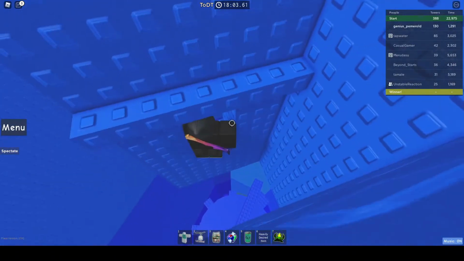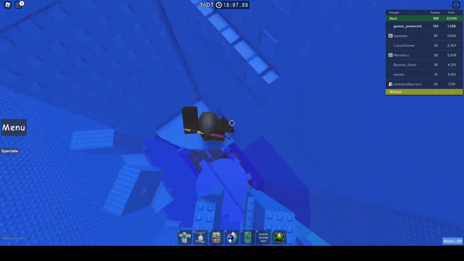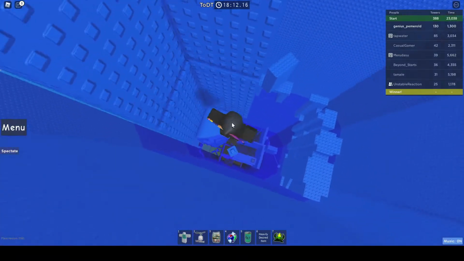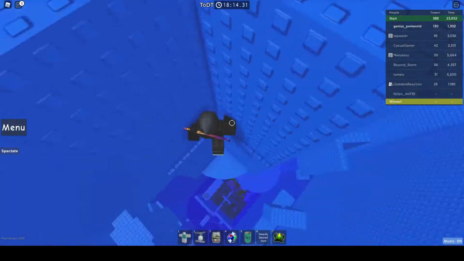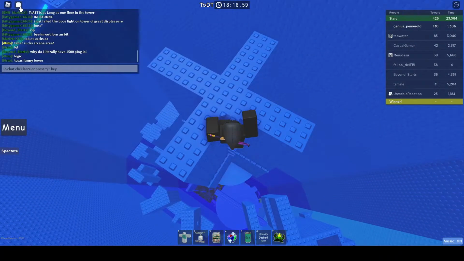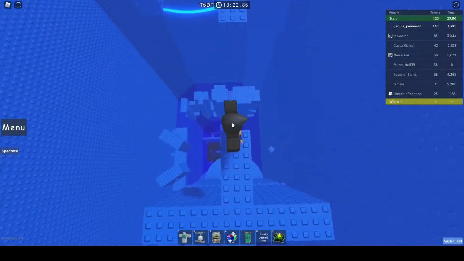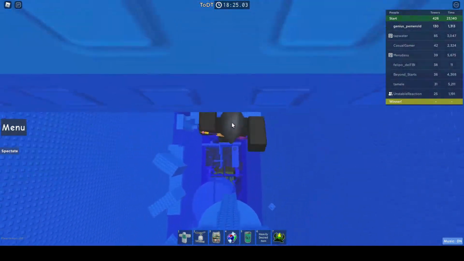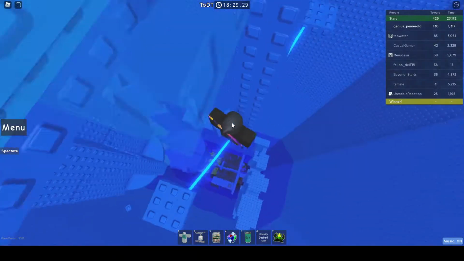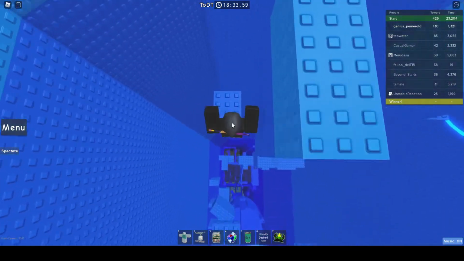For this jump, I recommend holding W and D, jump diagonally to fit through there. For this jump, I recommend holding